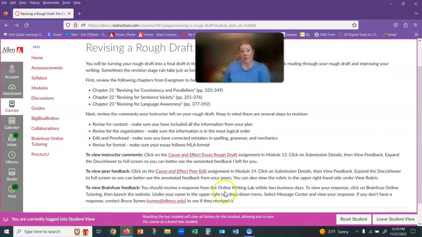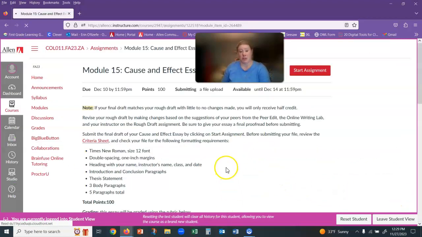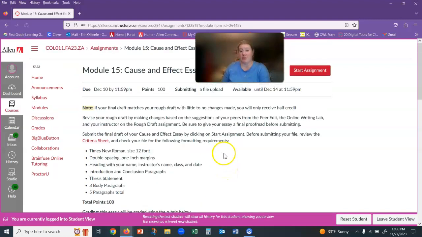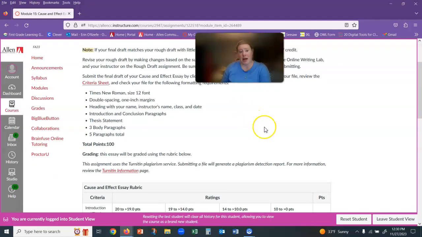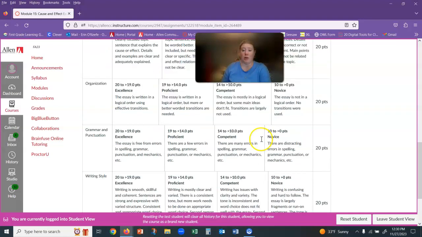So you've taken feedback from all 3 places, and now you're going to write your final draft. The final draft submission spot's right here. Just as a reminder, if you submit the exact same file as your rough draft, with no changes made, you will only receive half credit for that assignment because we are not doing this for no reason. This whole process of gathering feedback and making changes needs to be so that you're improving your writing. And if not, then you're not meeting a core criteria of the class, a core outcome of the class.